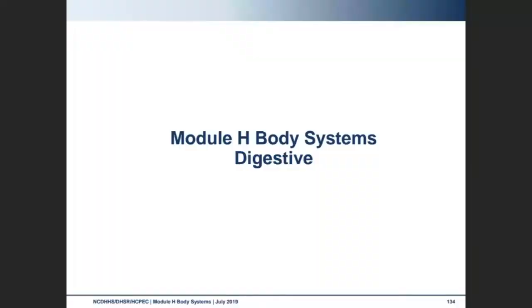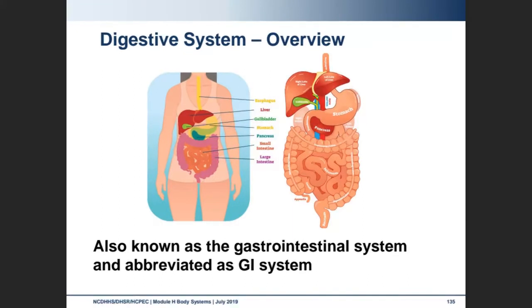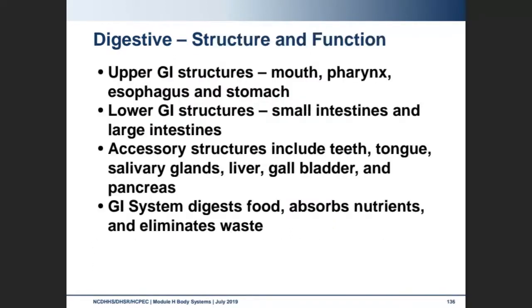We're on Module H, the digestive system. Our digestive system is also known as our gastrointestinal system or the GI system. It extends from the mouth to the anus and has two functions, digestion and elimination. We can break down the digestive system into the upper GI structures, lower GI structures, and